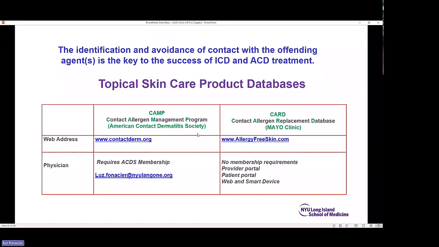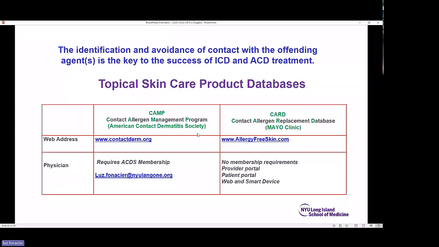We tend to use the CAMP program because it's from the ACDS. The only thing is you're required to be a member, and you will need an endorsement from a member. And please, just send me your CV if you want to join the American Contact Dermatitis Society,